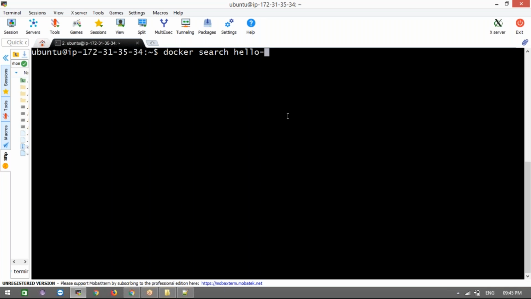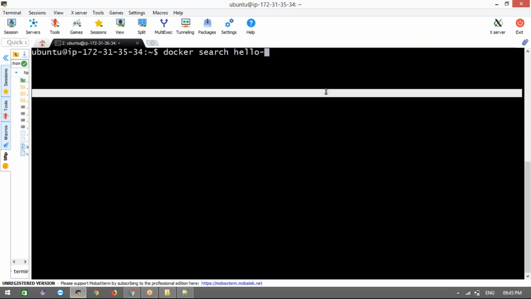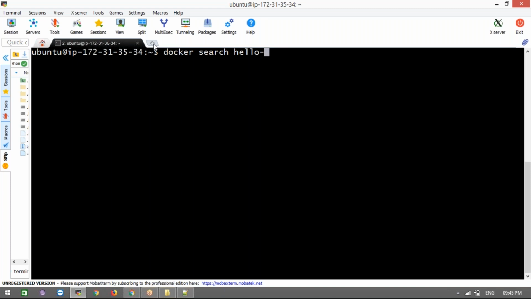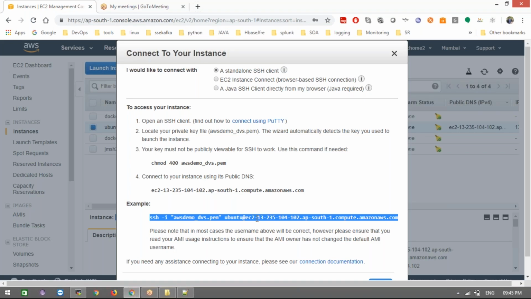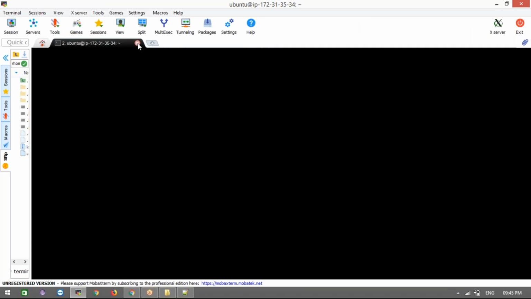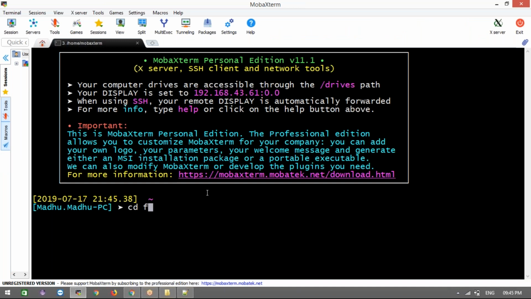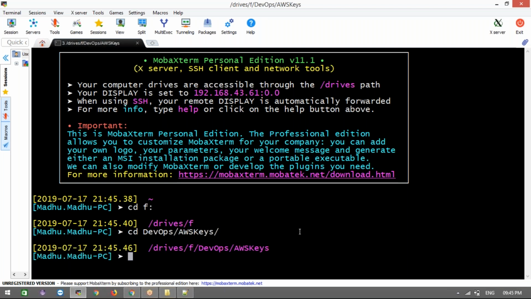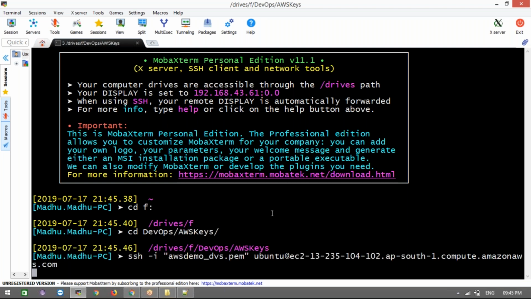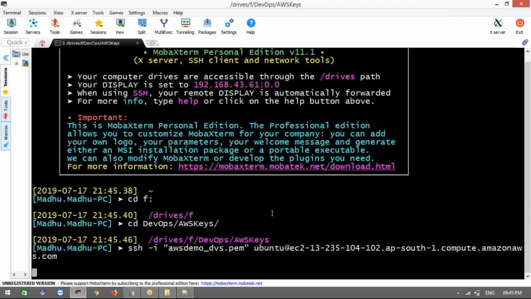Maybe the network is not connecting, maybe it lost the network. Let me take a new terminal.